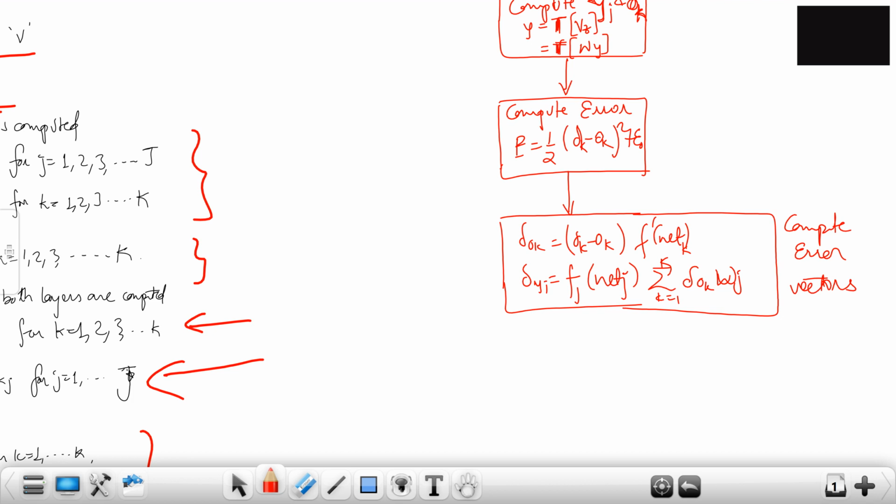Now adjust weights of the output layer. So I'm going to adjust weights over here.